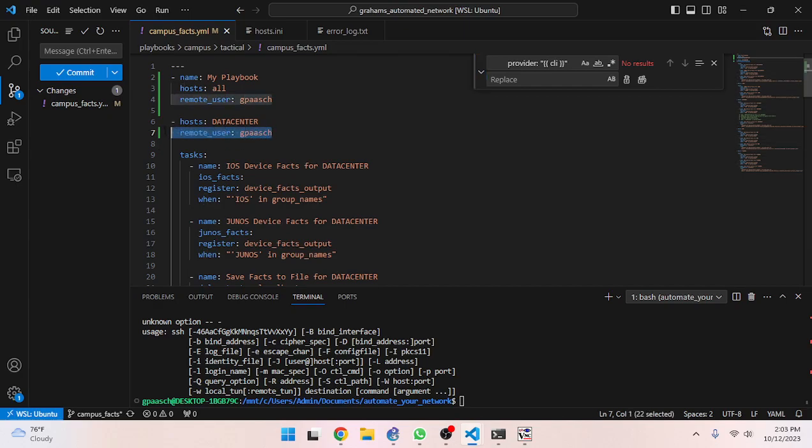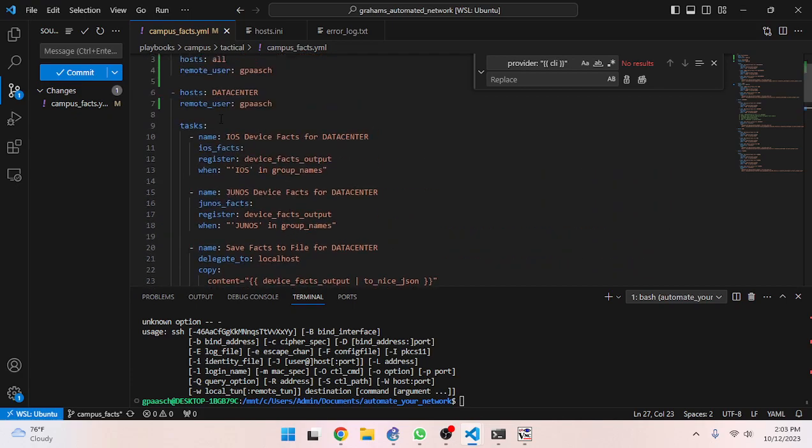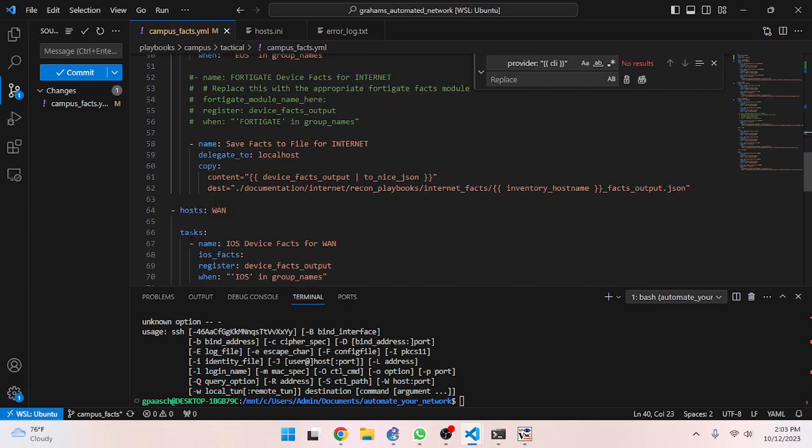Testing connectivity. If you're still facing issues with the remote_user, try testing connectivity using the Ansible command with the -m module and -u arguments flags. This will help you determine if the issue is with your playbook or elsewhere. Bash: ansible datacenter -m ping -u gposh. This command will try to connect to hosts in the data center group using the gposh user and execute the